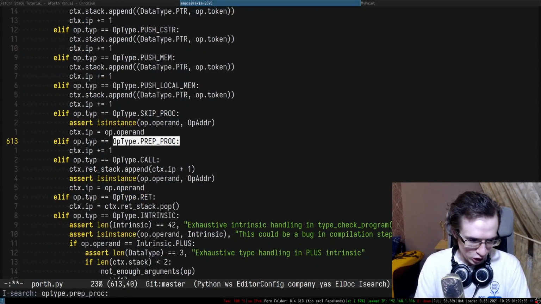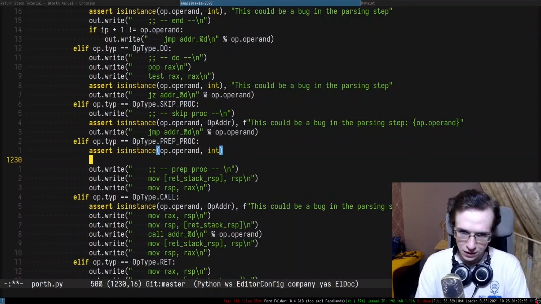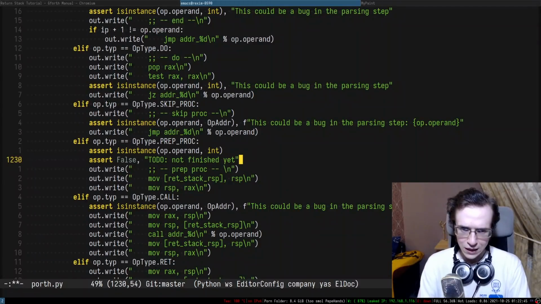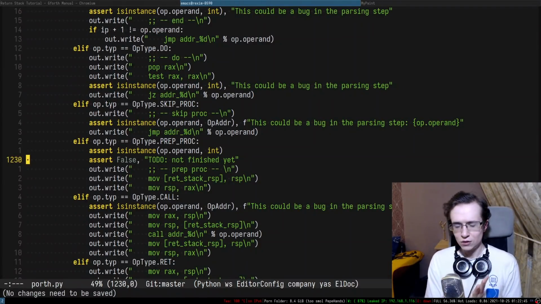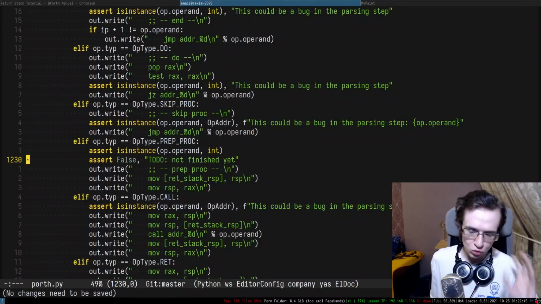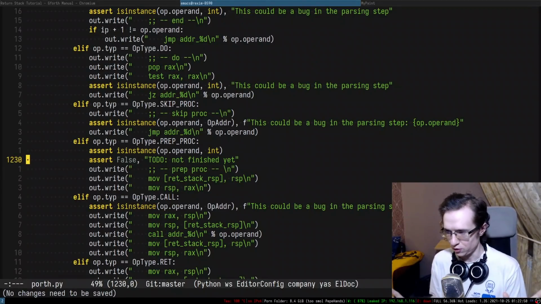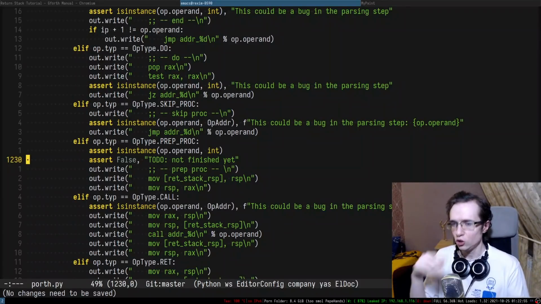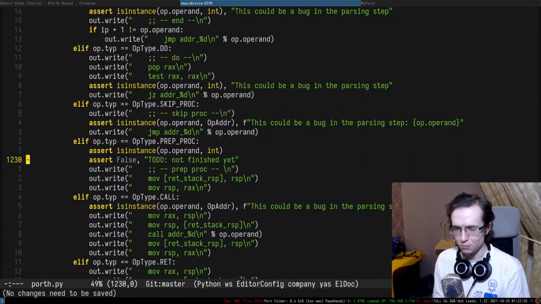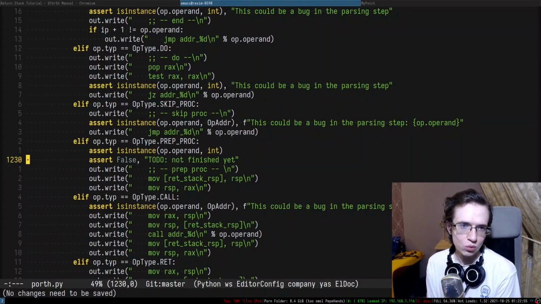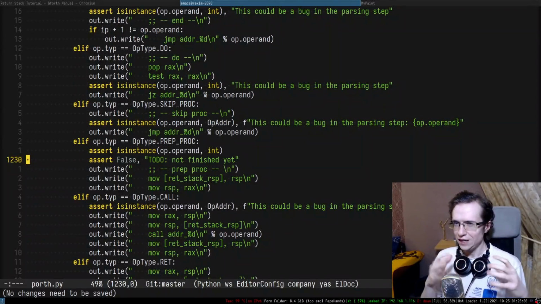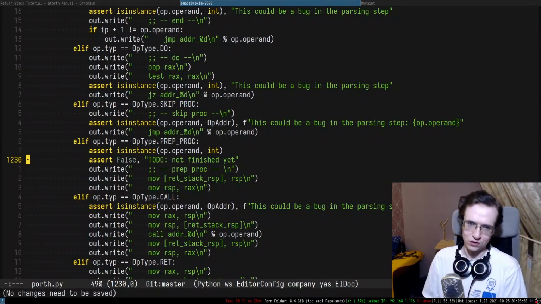So this is the type checking. In case of type checking, I don't think I need to do anything in here. And in here, this thing is not finished yet, right? To do, not finished yet. It's really easy to forget to add something. That's why I put as many asserts as possible, so I don't forget to go to these places eventually and implement some things. So it's sort of like I leave some stoppers and markers for myself to not forget to add things there,